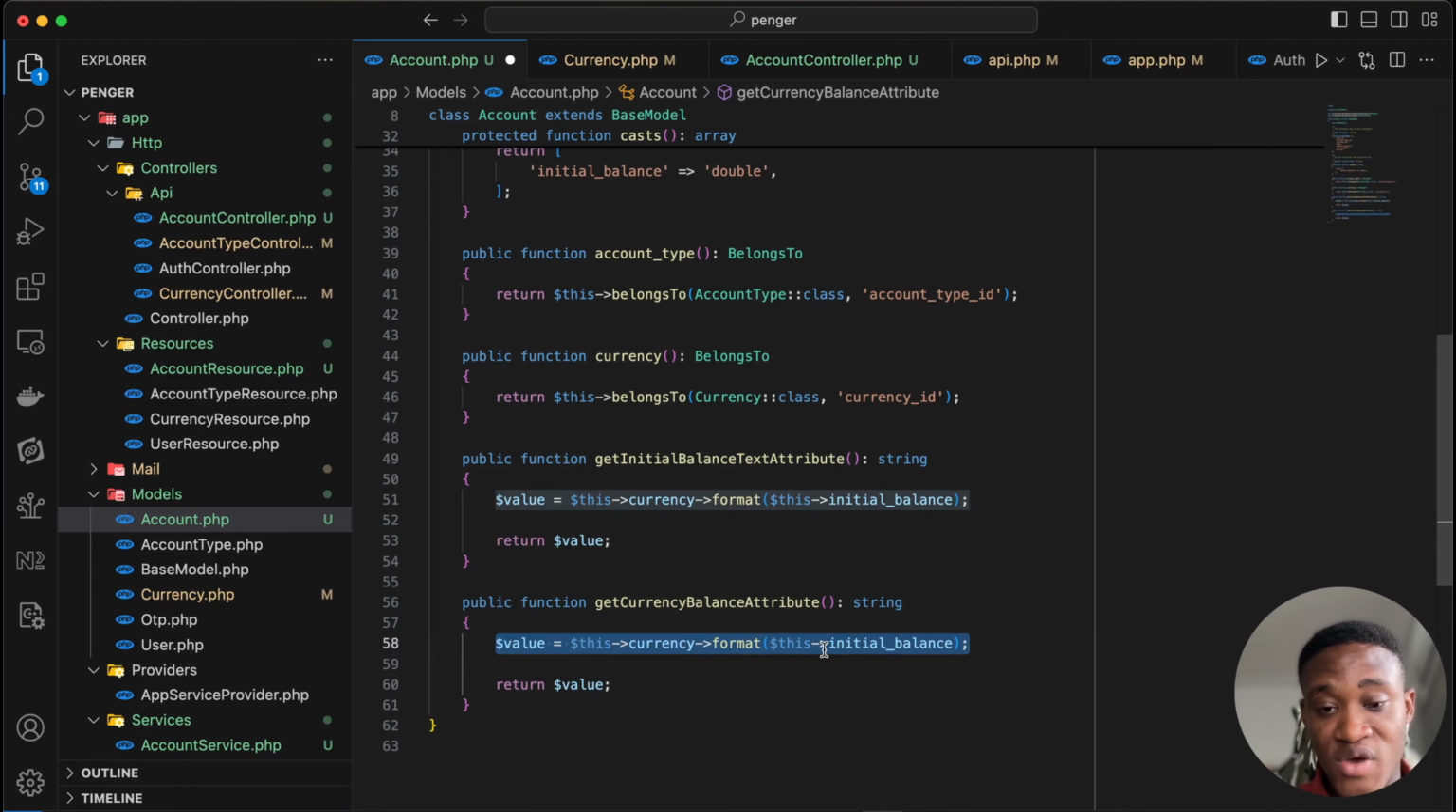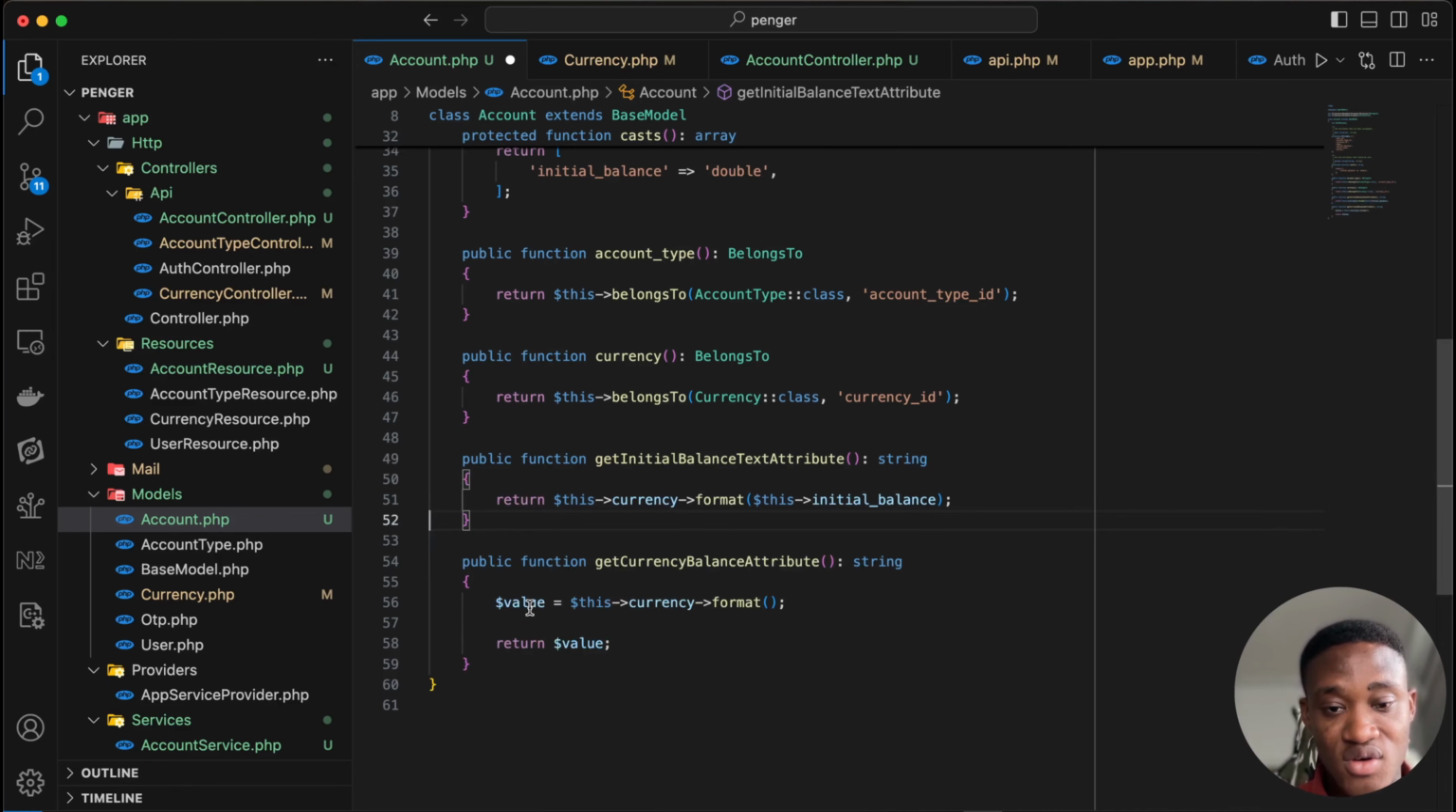So this will return the current balance. And for now, we are saying the current balance is equal to the initial balance the user has. I can go ahead and improve this. Let me just fix this. Okay, so